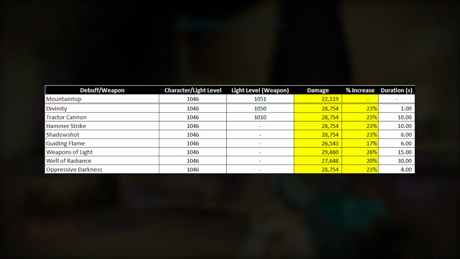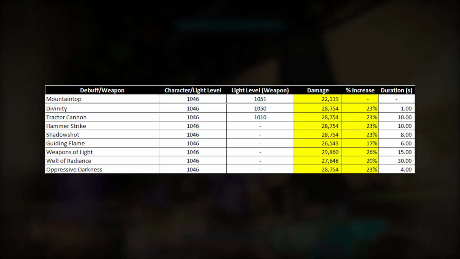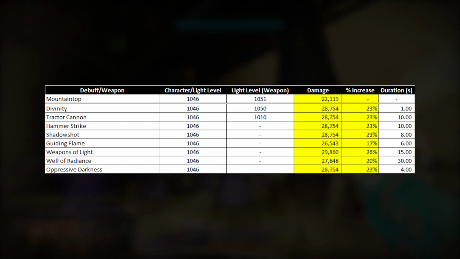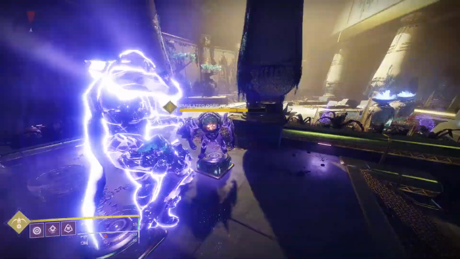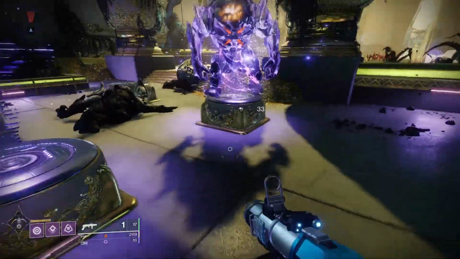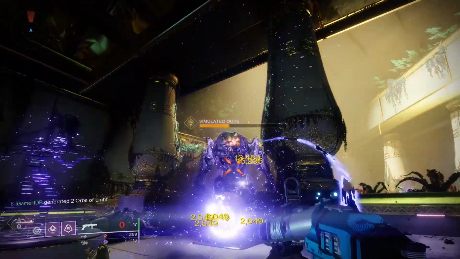As I stated before, and from what you can see in the table, all the weakened effect debuffs offer up the same 23% additional damage. The only difference is the duration and how each of them are procced. When testing this, I also wanted to know what stacks up with one another. Well, it turns out that anything that offers up a weakened debuff on an enemy, they will not stack up